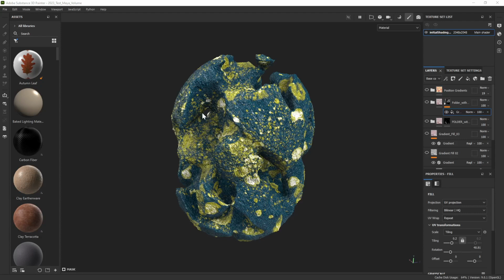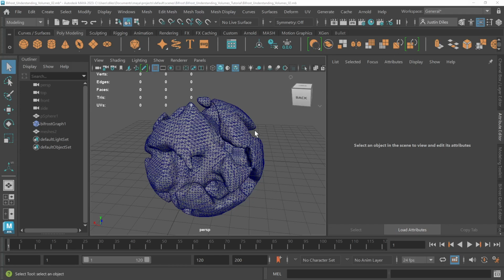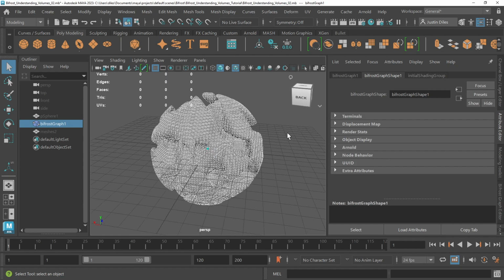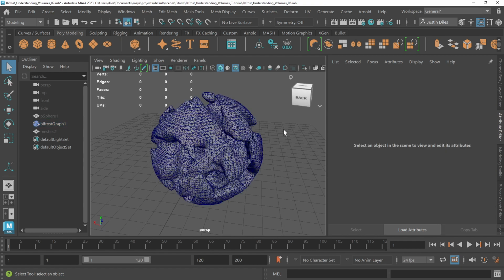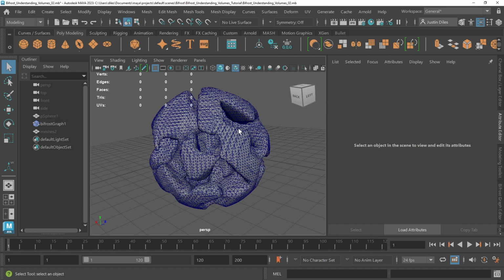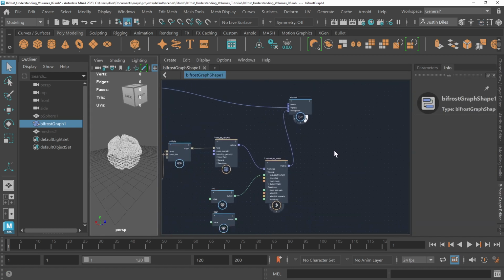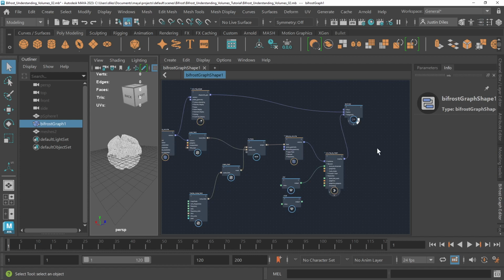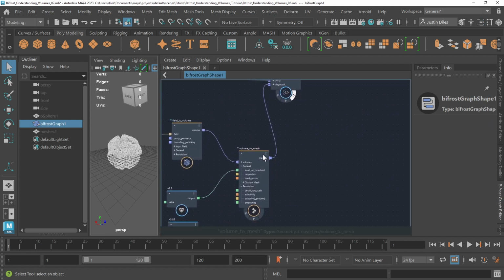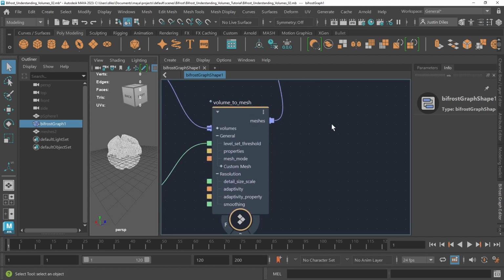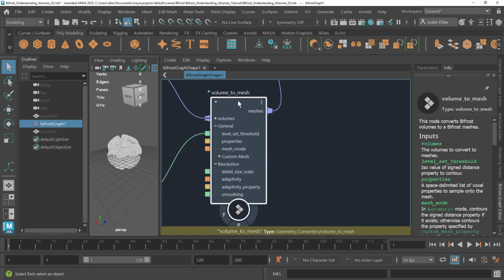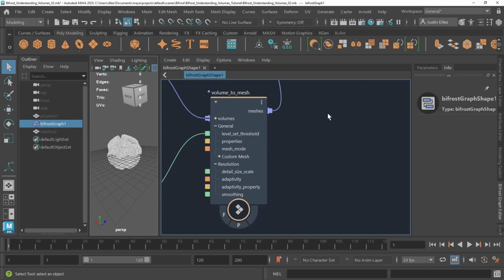Hi everyone, in this video we're going to go over the basics of Substance Painter. And instead of using this geometry, I'm going to review how to export geometry from Maya and bring it in successfully to Painter. This is geometry that's coming out of Bifrost, and so I first need to convert this to a Maya mesh. So I do that by going to the final mesh component or node here,